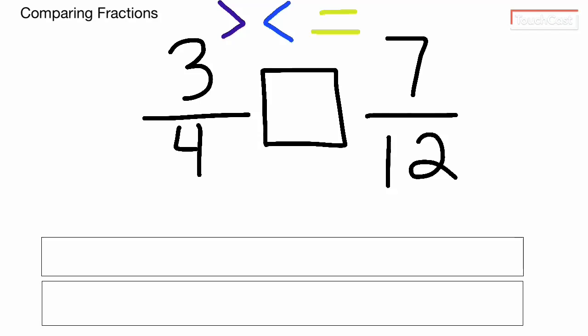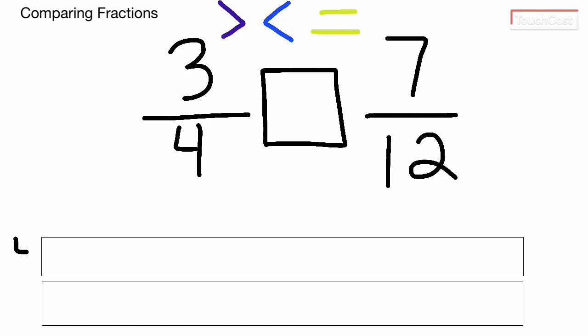All right, today we're going to talk about comparing fractions that have two denominators that are not the same. So they are unlike denominators. As you can see, 4 and 12 are not the same. So we have to find a way to make them the same so that we can actually compare the two fractions. As you can remember, when we have two numbers and we have to find something in common,